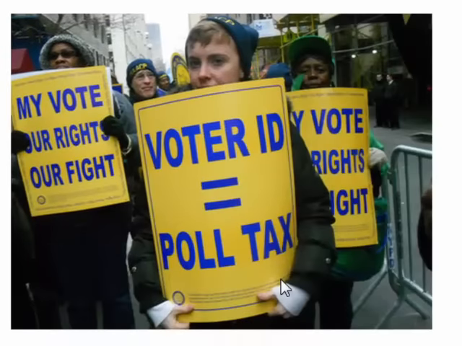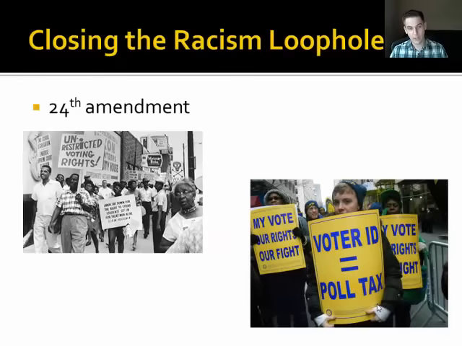Right now, there's a big controversy over some states who passed a voter ID requirement, meaning you have to show a voter ID. Well, many people are arguing now that's a poll tax because you have to pay to get a voter ID, and there are a lot of poor people who don't have an ID, or they have an expired one and they can't afford at election time to buy a new one. So they're waiting to save up money. That means they don't get to vote. That means they're losing their ability to have a voice in government. So the 24th Amendment said no more poll taxes. You can't charge people to vote.